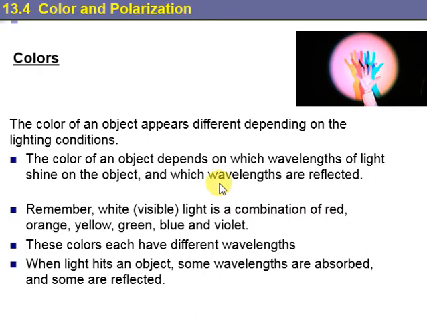For sure, we talked about this in section 1, which was the base of this chapter. Just like different types of electromagnetic waves, you remember radio waves have different wavelength and frequency than microwaves, different than visible light, different than infrared. In this section also we have different colors, and each color has its own wavelength and its own frequency. So when light hits an object, some wavelengths, or you can say some colors, are absorbed and some wavelengths or some colors are reflected. Okay,